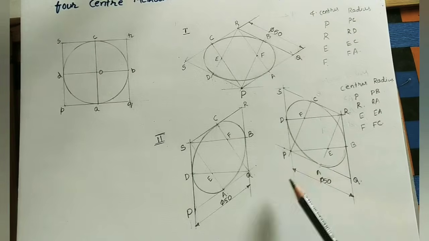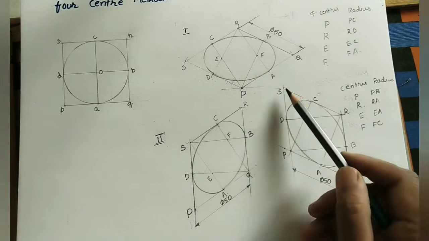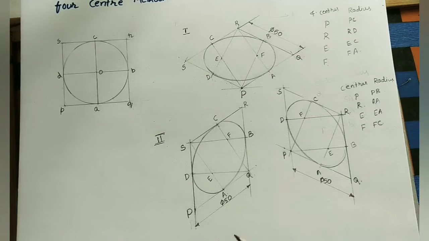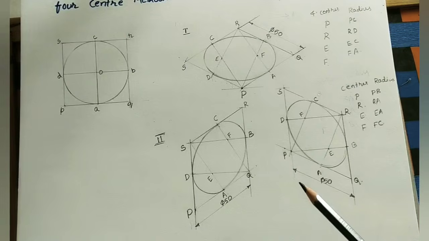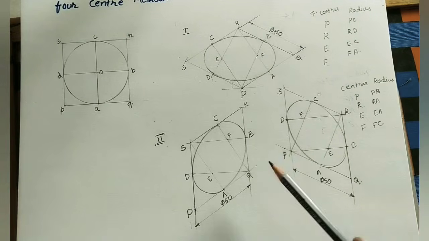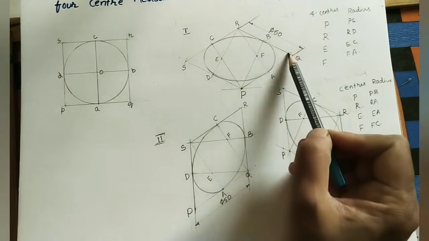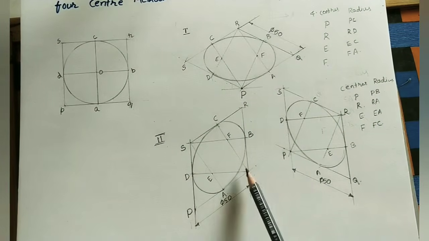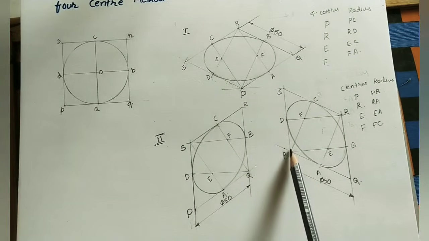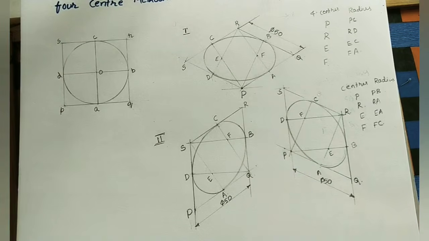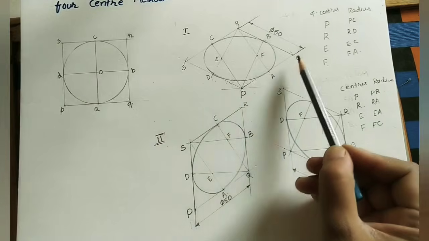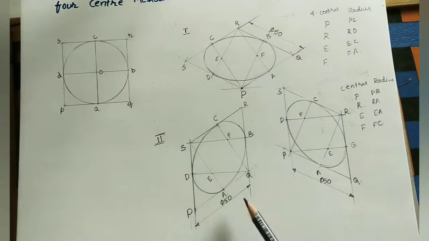Here which is the shorter diagonal? PR is the shorter diagonal compared to the other one. Take these 2 as the centers. Like that you have to remember for getting the 4 center method. So it is an easy and accurate way of getting the isometric view. And mark the given dimensions here. Take any one of the sides, take diameter as 50. Here also the dimension line is parallel to this main line. Here also the dimension line is parallel to this line. In all these diagrams, the ellipse should be in dark color compared to this rhombus. Here also the rhombus is in light color.